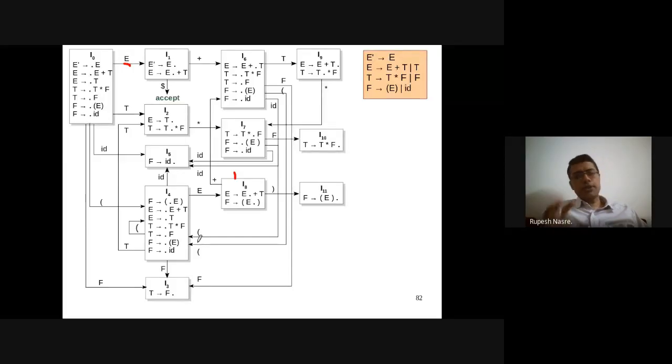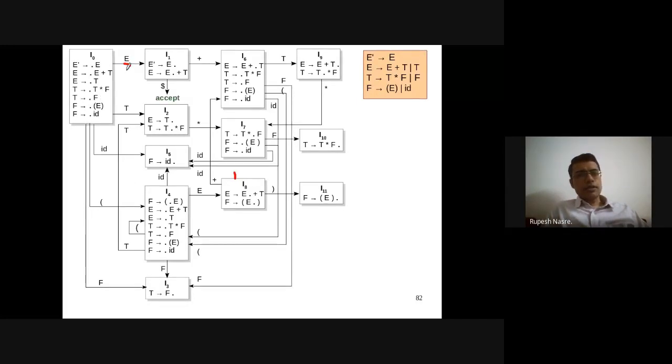In case of top-down parsing, we used to have non-terminals, and based on the non-terminals and the input symbol token that is coming in, we used to make a decision, that is, apply which rule. So that was our LL1 parsing. Similar thing we are going to do here, except that we are going to look at the next input symbol that is coming. But, oops, I have not shared the screen. So we are going to look at not only the terminals but also the non-terminals,